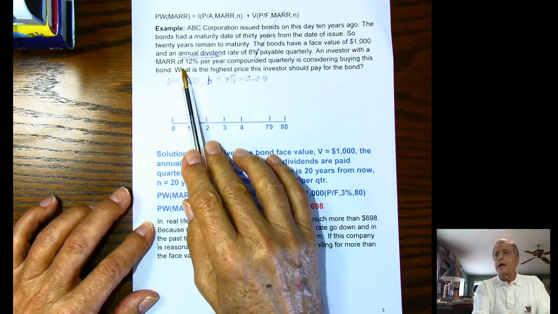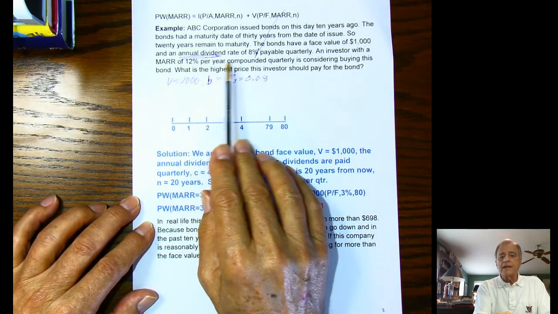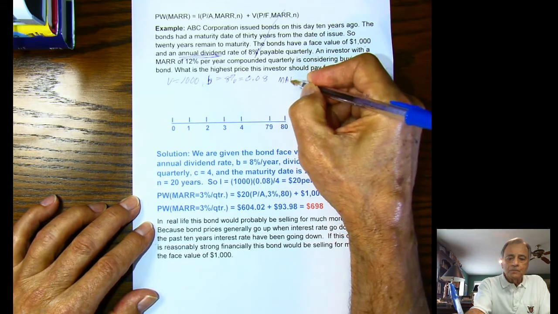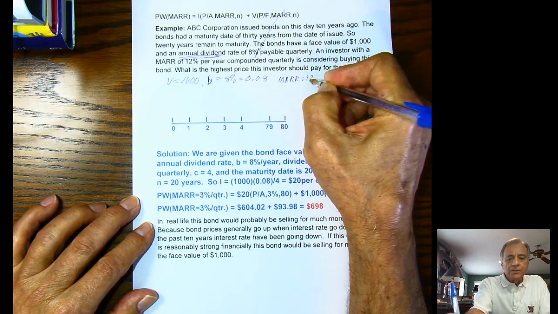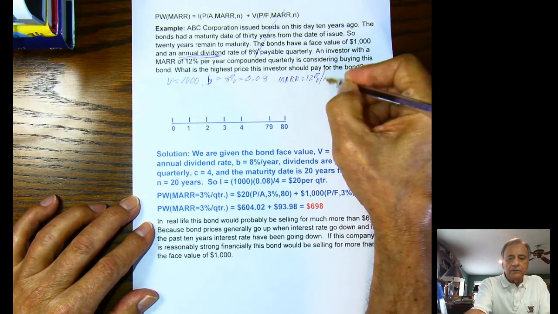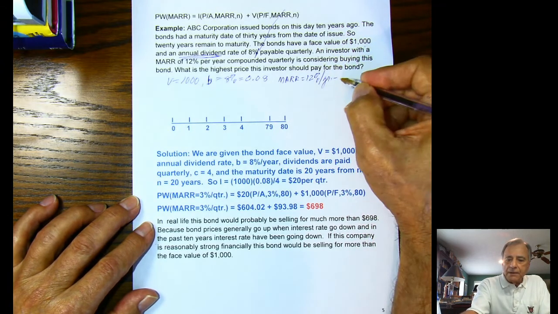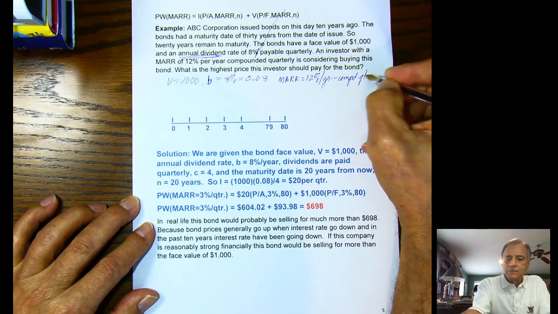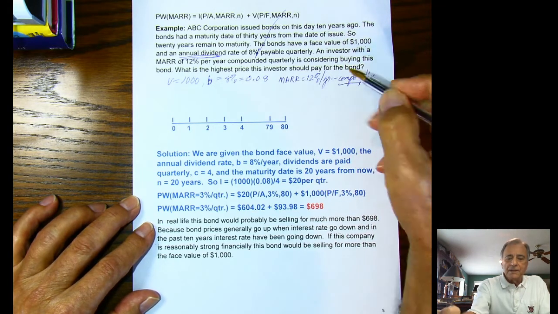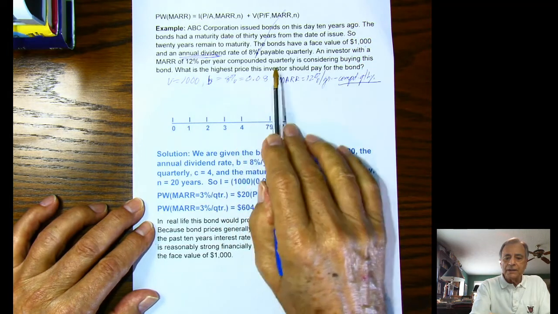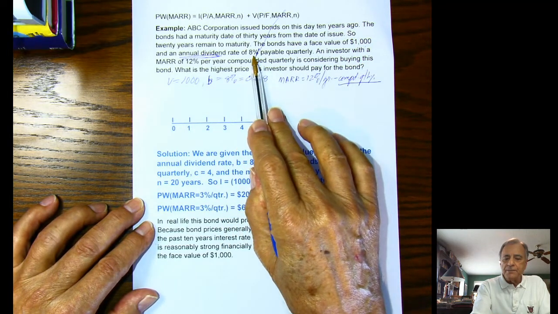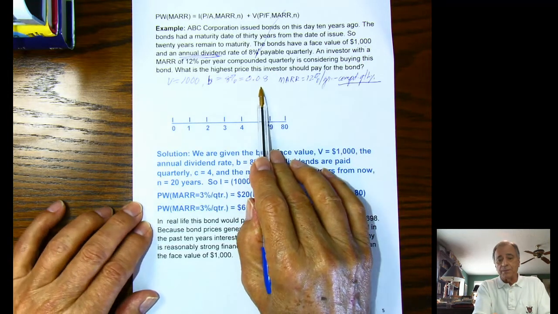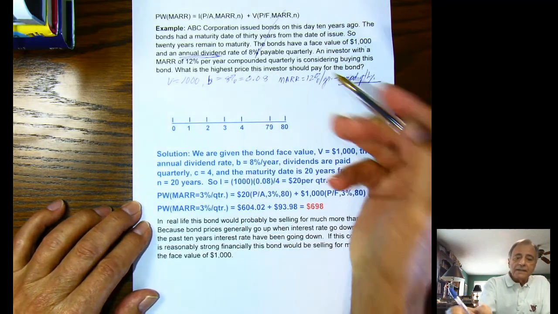And I am the investor, but I want to make 12% per year. So my MARR is 12% per year, and I'm going to say compounded quarterly. And I said that because these bonds are paying quarterly dividends. It says this 8% payable quarterly. That doesn't mean you're going to get 8% per quarter. It means that C